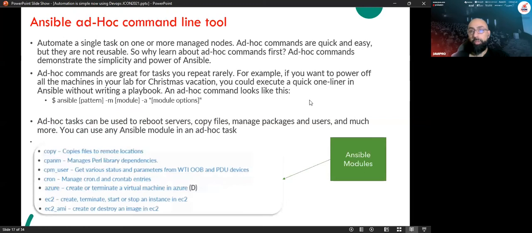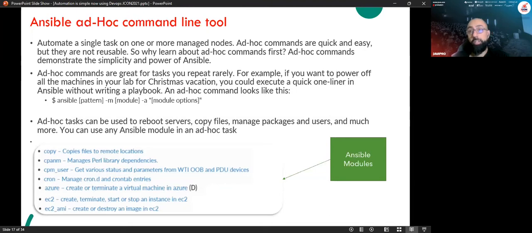And you need to remember that Ansible is actually using SSH and Linux. So you need to predefine SSH as passwordless, so it will not ask you for the password. For example, there are predefined modules that exist in Ansible, used with ad-hoc commands, such as copy, which is a predefined module. The RPM module, for example, manages the Perl library in Linux. The user module gives you the status of users. With cron, you can create a cron on different servers at the same time.